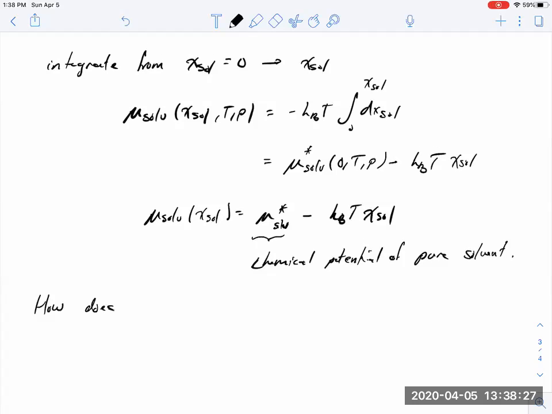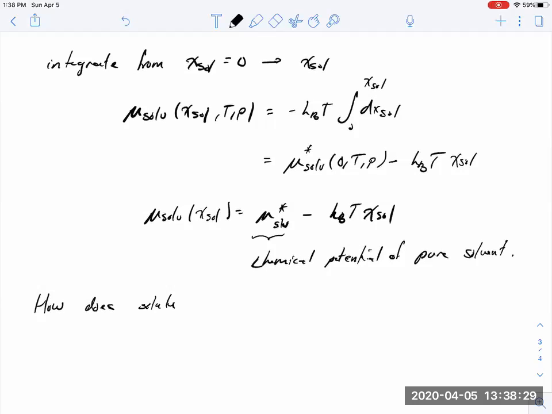So a natural question is, how does the solute influence the chemical potential of the solvent, given that it depends only on its number? There's nothing over on the right-hand side other than temperature times a number. And the chemical potential is the free energy for moving one particle. A free energy is naturally going to have an energetic and entropic piece. There's nothing to do with the molecule over on the right-hand side,